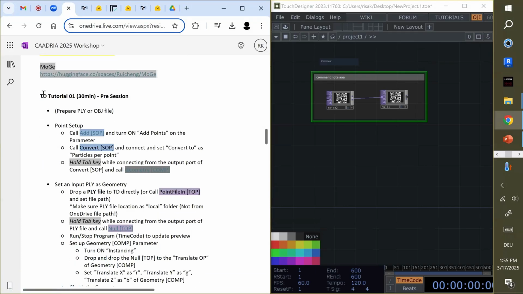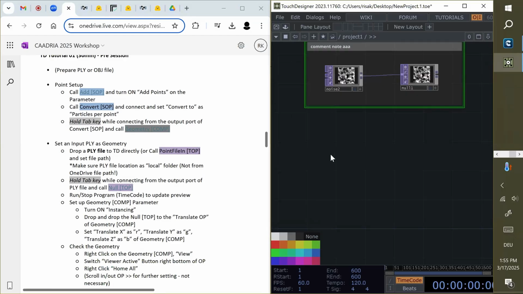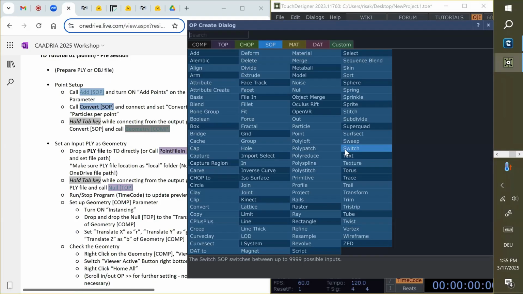So you just go to tutorial 1, pre-session. Since this is a PLY file and we just want to manipulate it as a point cloud, first we have to set up points. So first we need a point, so call an Add SOP node here.